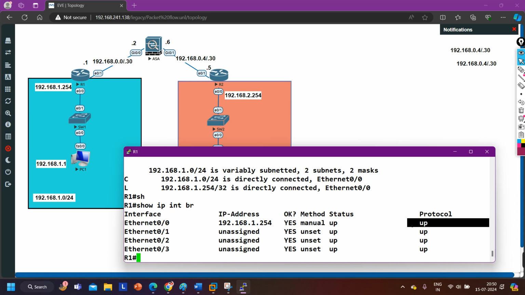You know the meaning of line protocol, you know the meaning of status. Status means, guys, your interface is up. Line protocol means your next hop is up. So whenever you are going to troubleshoot a routing issue, every time you have to check that the next hop is correct